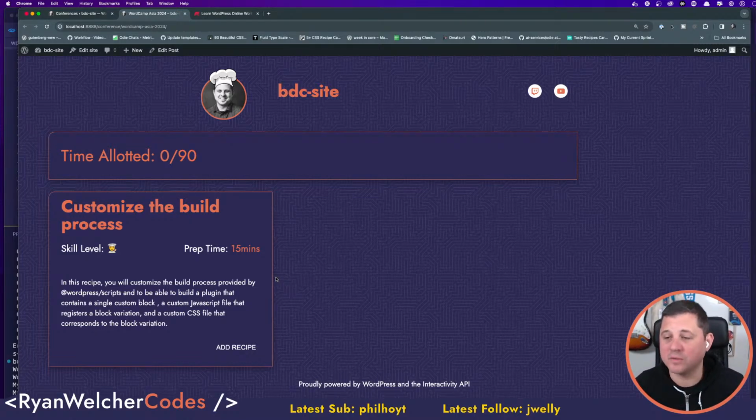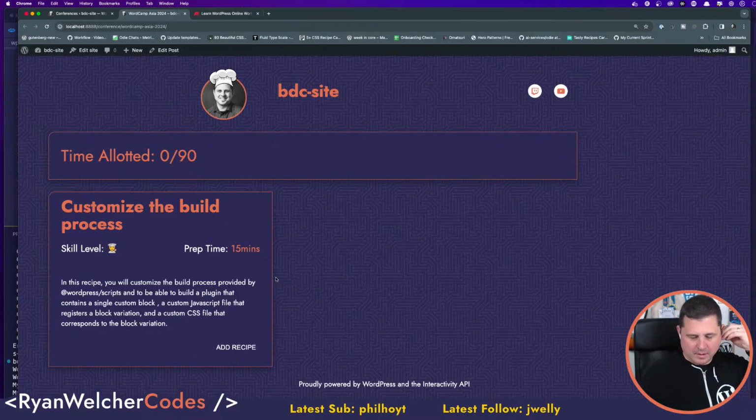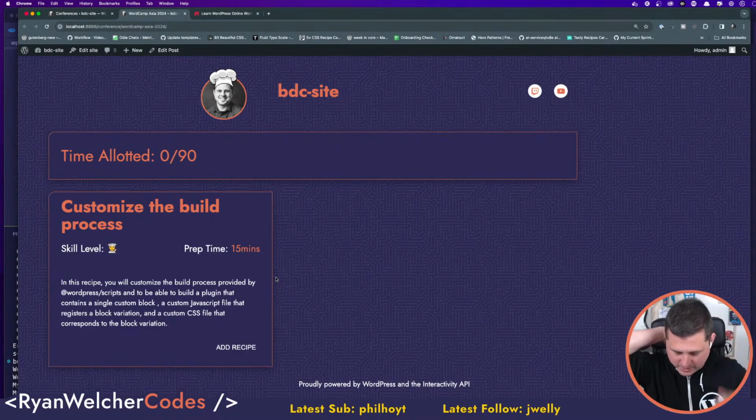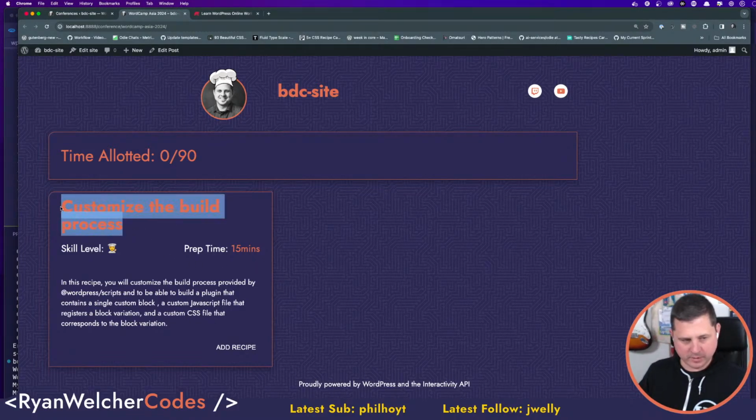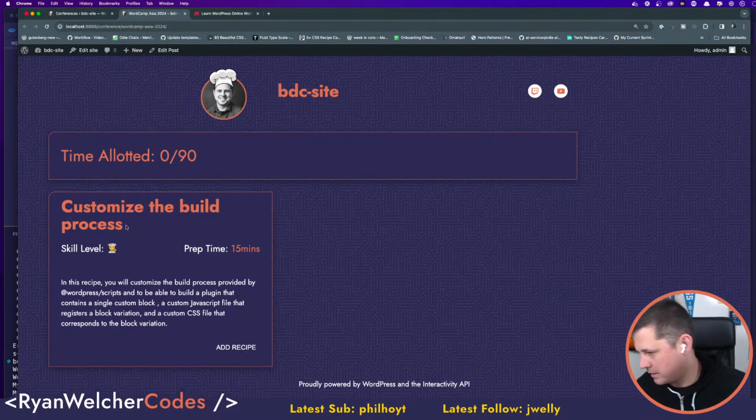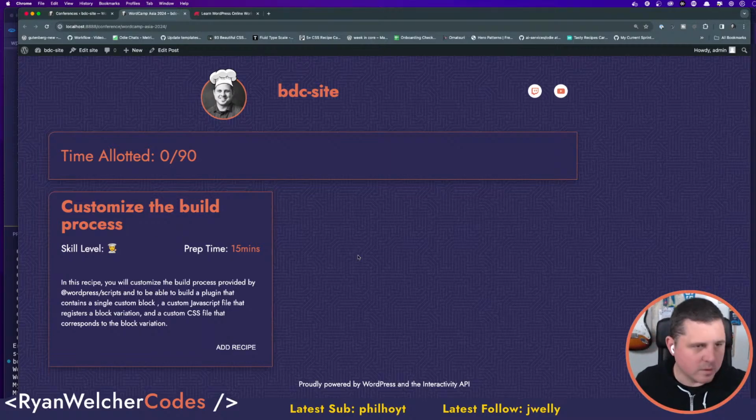Add my opinion: you should absolutely 1000% be using the WP scripts package for everything WordPress related. 110%. It is such a powerful package. You can do so much with it. It can auto-detect blocks. It can detect blocks in themes. It's just a really, really, really powerful tool. And it's super customizable, as you can tell by this thing here that I'm working on. So, yeah.